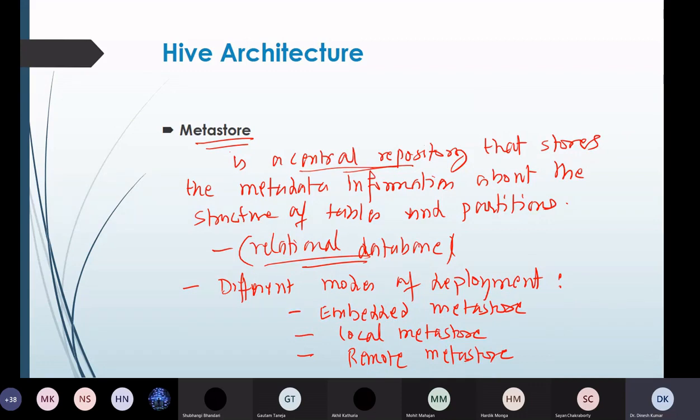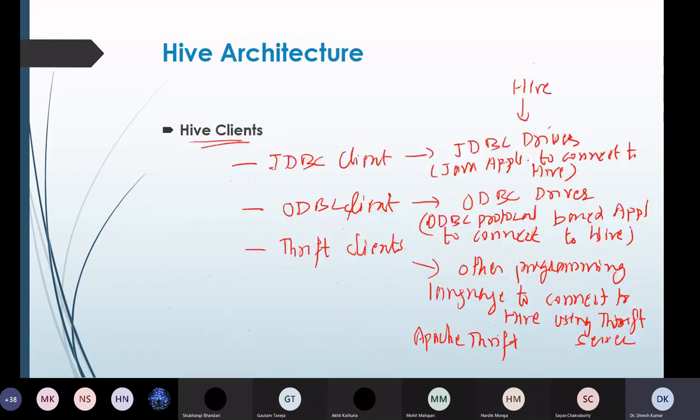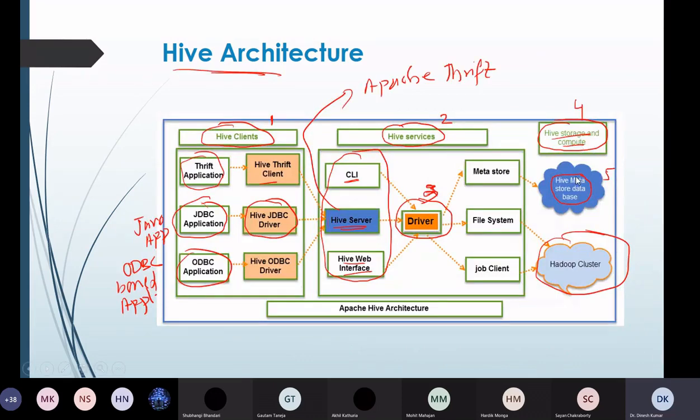But the important thing to take away from this particular slide and this architecture of Hive that we have discussed so far is that the metastore is the central repository that stores the data. Right? So whenever query operations are to be performed on the data, we have to go to the metastore. Right? So if I go to the architecture, you can see there is a Hive metadata store.